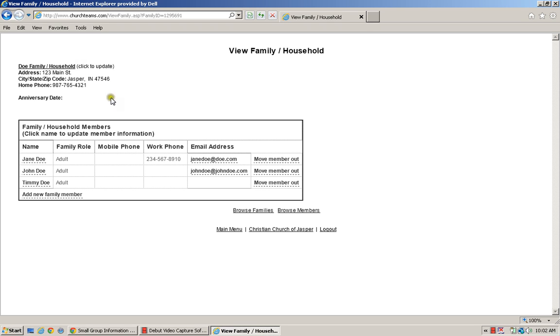But here you see the members of his household. Again, the address and basic information here. If we have their anniversary, that'd be listed. But here you can see that the household consists of John, Jane, and Timmy. I meant to make Timmy a child, but I forgot, so he's listed here as an adult, but that's my